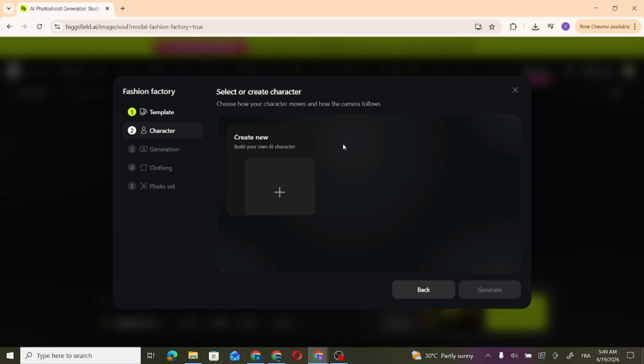You need to upload your character or create a new character. You press on it, you will be redirected to create a new character in Higgsfield AI, and then a photo will be generated, and then you can add your clothing to that character, and finally your photo will be set,